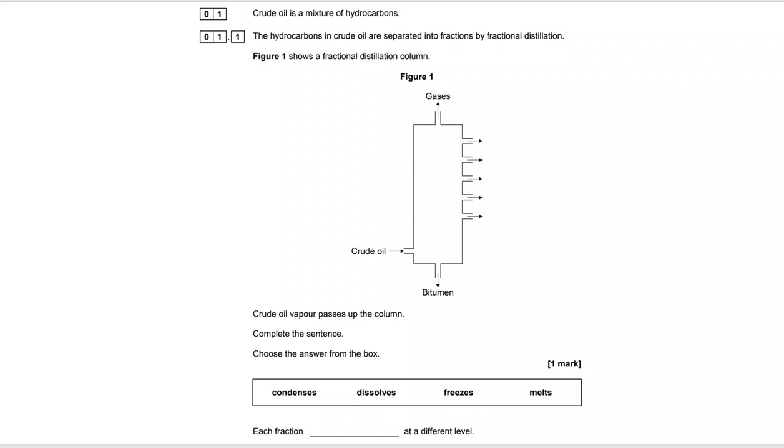This is AQA GCSE Chemistry, and it is from the 2018 Trilogy 2H Higher paper. And this is question 1. The whole of the question is going to come up on screen first. You can pause as you go and then review. So here's part 1,